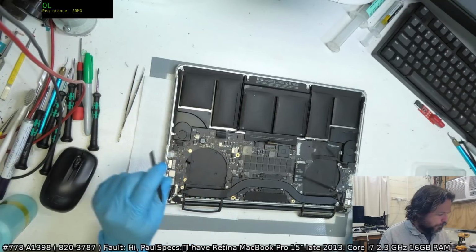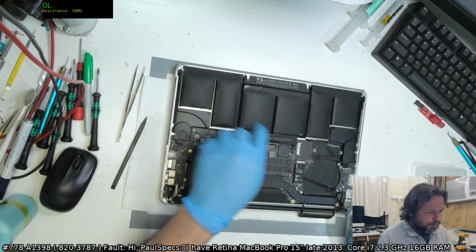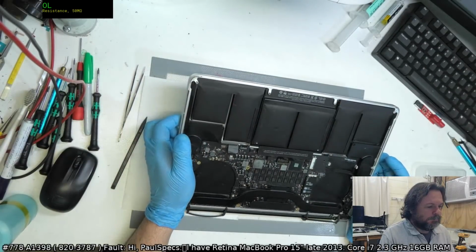You know what I should do is actually check to see if it charges. What battery we got? What was it? A